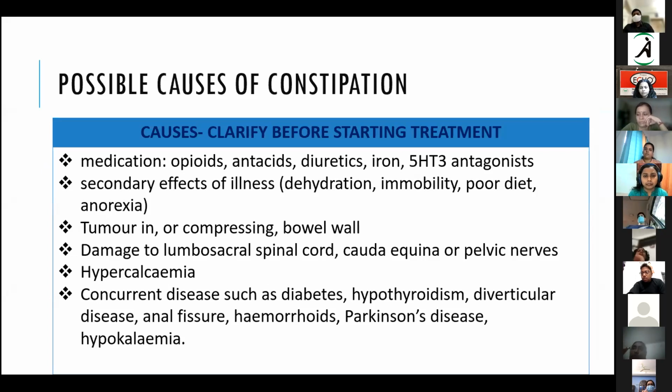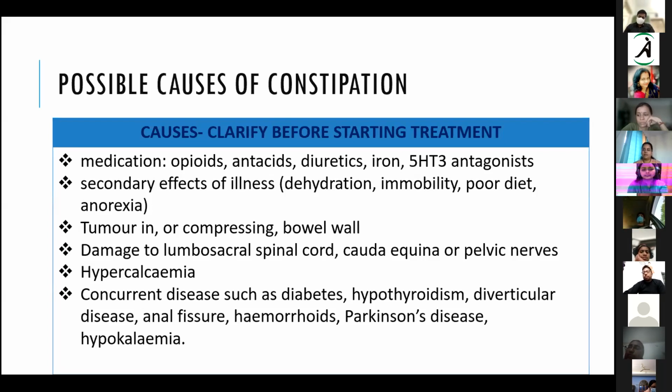So, when we are looking at possible causes, we look at anything that could be reversed. First and foremost, again, I talk about medications. There are so many medications patients are on, not only opioids, but even plain antacids like sucralfate and Mucaine gel; the magnesium content will cause constipation. Patients on diuretics will have dehydration, and that could lead to constipation. Iron is also known to cause it, and so are 5-HT3 antagonists, where I mentioned ondansetron.